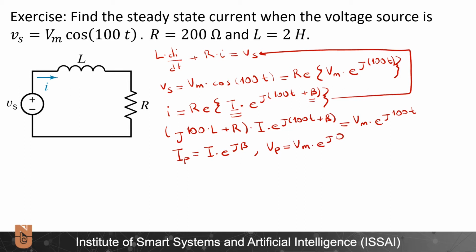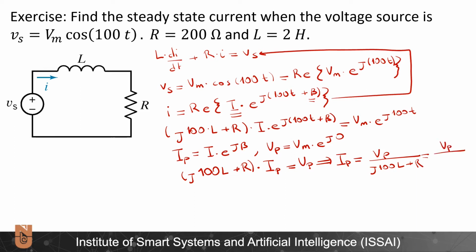And if I write these above equations again, I end up with (j100L + R) times the phasor I_P is equal to V_P, and from here I calculate I_P as simply V_P over (j100L + R), and this is equal to V_P divided by (j200 + 200), and I can write this further as V_P, which is Vm times 0 degrees, over 283 times 45 degrees,